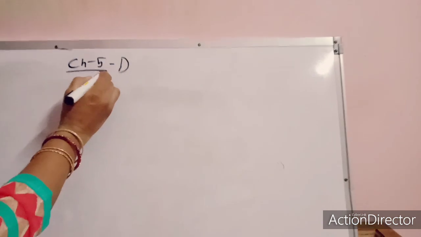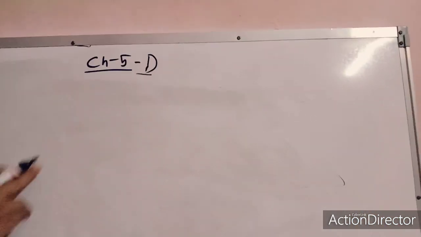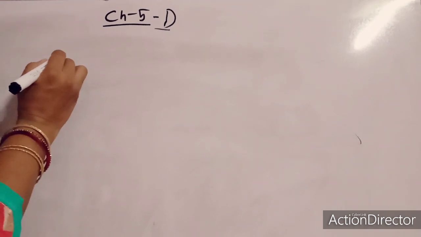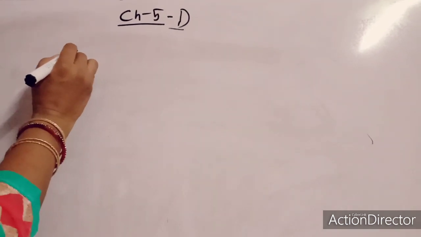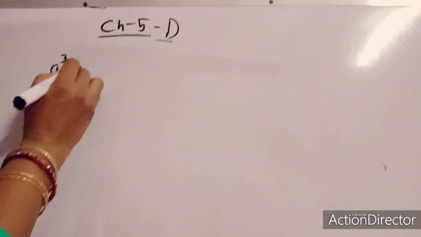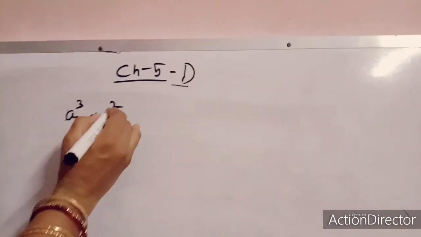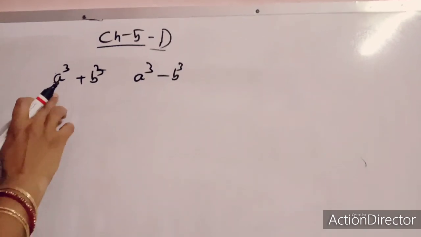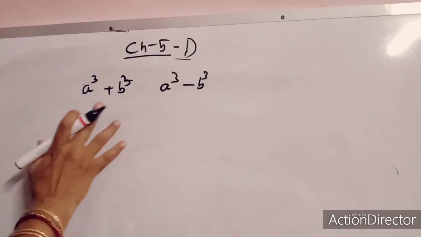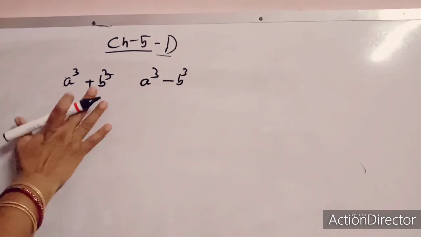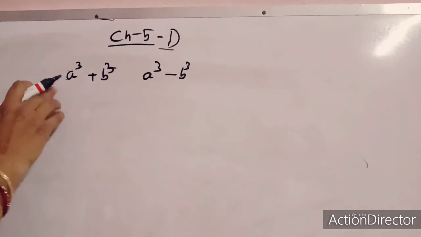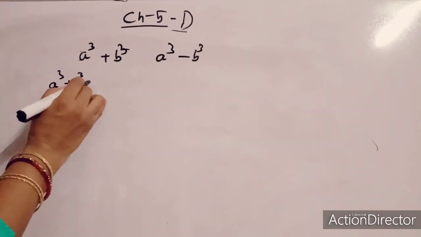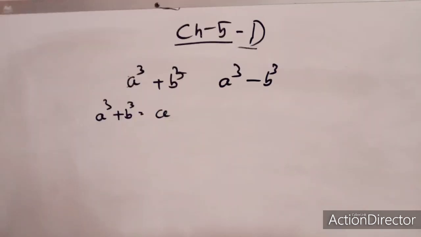Here it is again a different type of factorization. Here what are the given things? The given things you can find in the question: the sum of two perfect cubes or the difference of two perfect cubes. When the question is given in this way, how can you use the identities? So if the question a cube plus b cube is given, we already discussed the identity.